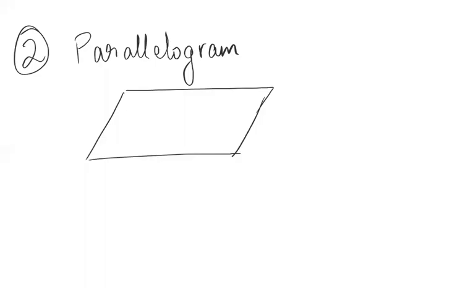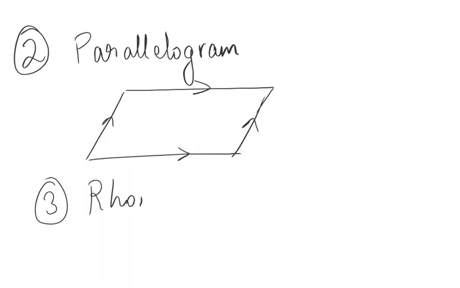The second one is a parallelogram. It's basically that the opposite sides are parallel. That means this side is parallel to this side, and this side is parallel to this side. You have all parallel sides, and a parallelogram having all sides equal is known as a